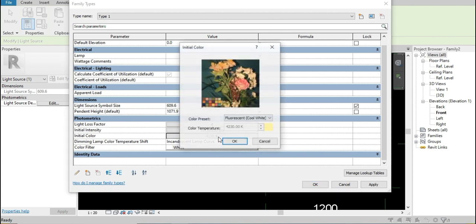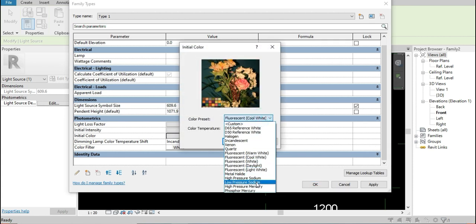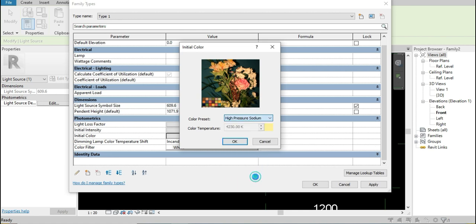So like this you can change the initial color of the lighting.